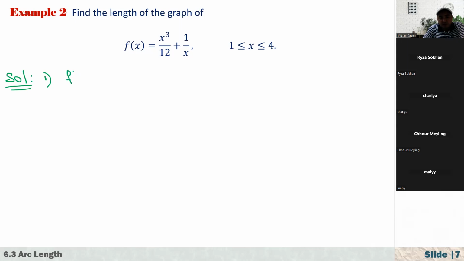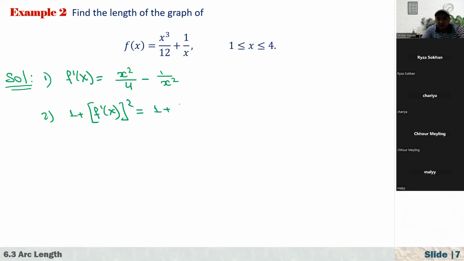What is f prime of x? F prime of x is equal to, if you differentiate this, 3 comes to the front, 3 over 12 is 4. So here we have x squared over 4 minus 1 over x squared. Okay, so now I have to evaluate 1 plus f prime of x squared. So that's equal to 1 plus our f prime of x, which is x squared over 4 minus 1 over x